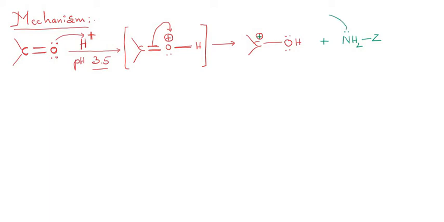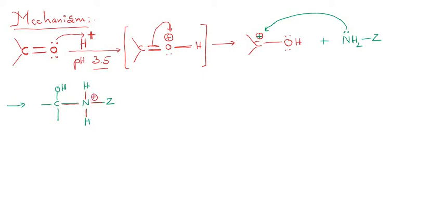Now the lone pair of electrons is going to attack this carbon. In fact it is acting as a nucleophile. When it attacks, we have the next intermediate, that is C followed by OH, and to this we have nitrogen followed by Z. To that nitrogen we have 2 hydrogens, but actually nitrogen valency is 3, and here if you see there are totally 4 valencies: first valency, second valency, third valency and fourth valency. Therefore nitrogen is bearing a positive charge, highly unstable.